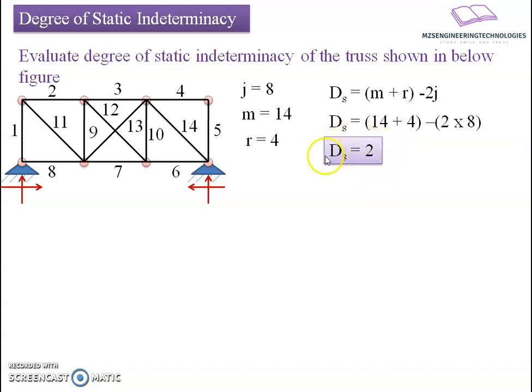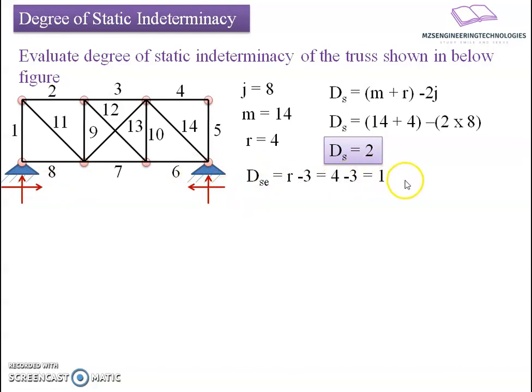Now, this will give an overall quantification. If one is interested to know the individual contribution, what it possesses externally and what internally, we can have a separate counting of this. DSE equals R minus C. R is the number of reactive forces minus 3, the available equilibrium equations for the given configuration. The given configuration is a coplanar force system. The 3 is the available equilibrium equations. Count here, 4 minus 3 results in 1. One unknown reactive force is there, for which we have to